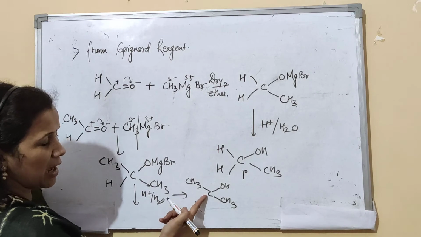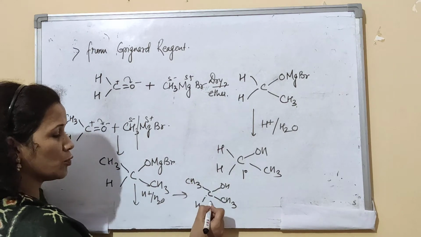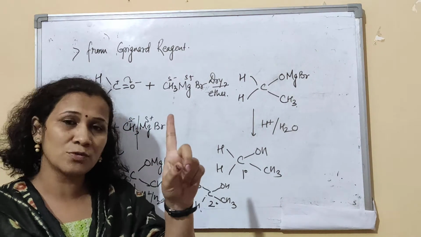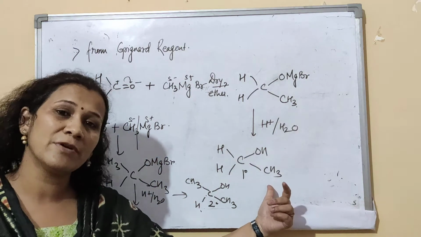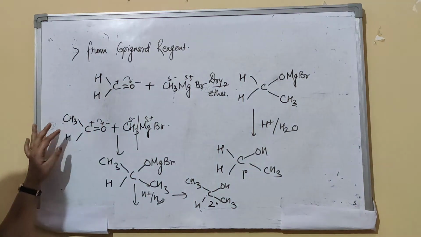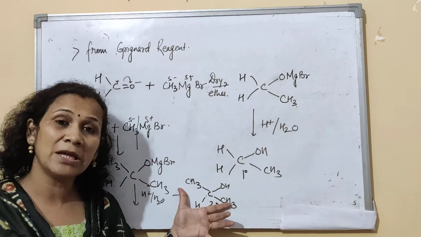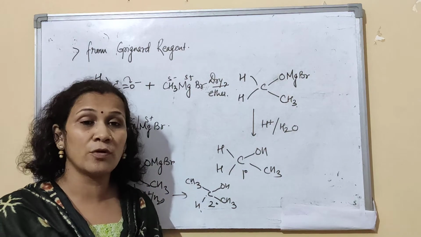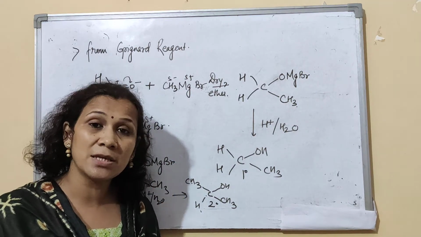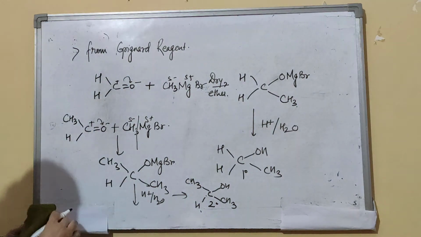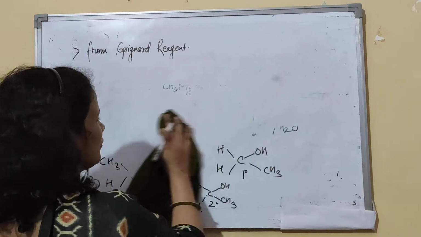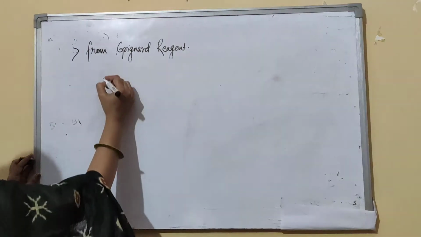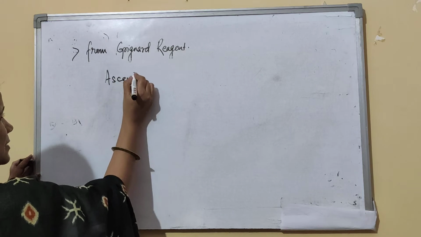Can you see, this carbon is attached to 1 and 2 degree alcohol. So just what we saw, if you are using formaldehyde with 1 carbon, we get an alcohol having 2 carbons, ethanol. If you start with 2 carbons, you get an alcohol having 3 carbons. So this reaction should be kept in mind; it is very useful in ascending the series, in increasing the number of carbons. So we write here, one more we will practice. This reaction is very useful in ascending the series.